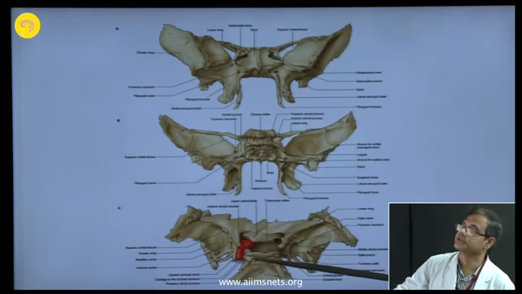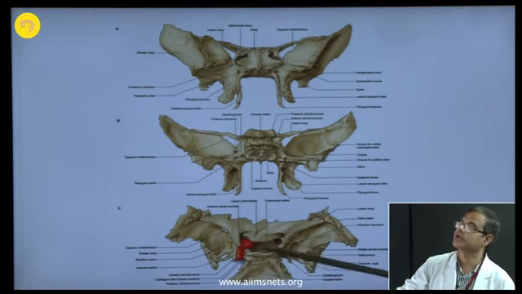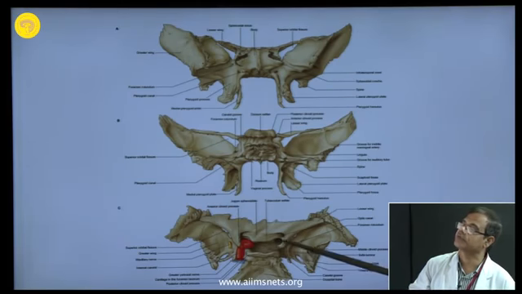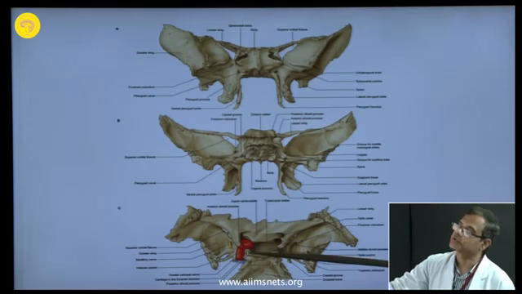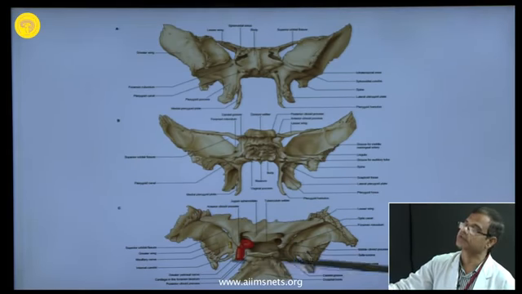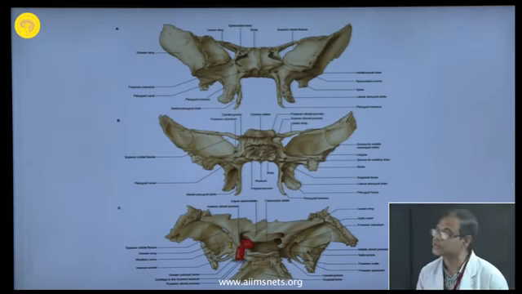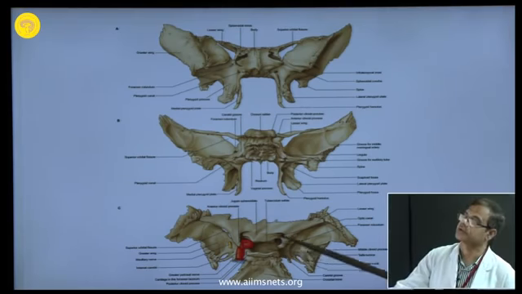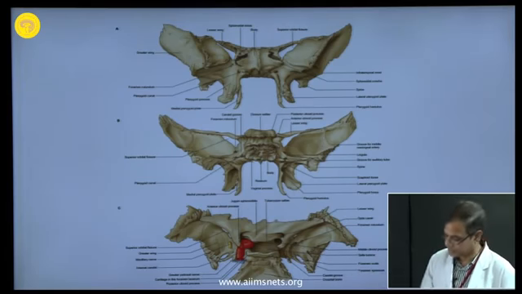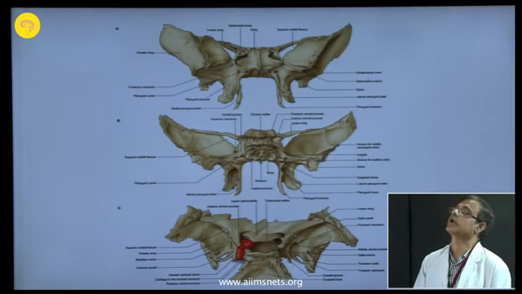Laterally, what you see is the internal carotid artery making the siphon on the medial side of the anterior clinoid process. This is the dorsum sellae, and these two are the posterior borders, and here this is the clivus, which is continuous with the occipital bone. This is the posterior clinoid process. Here you already know that the fixed margin of the tentorium cerebelli is attached here, and the free margin is attached to the anterior clinoid process. Lateral to the sella turcica is the position of the cavernous sinus. The internal carotid artery with all those nerves lies here.